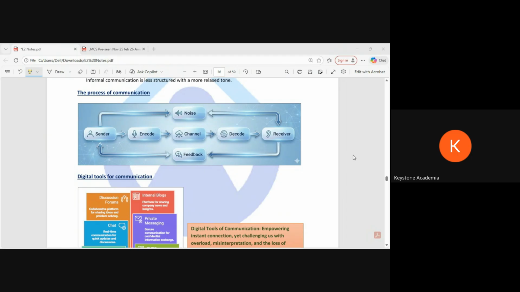Okay, what about Akshay? What do you think? Misbah, it should be mixed, I'll say. It cannot be completely formal or informal. So it depends on the situation. Let's suppose we are discussing the company goal. So we can have a formal meeting and everything. But being a manager, you have to be a bit more friendly to your subordinates, or I'll say employees or partners, because it helps you to understand their issues, where they're stuck.